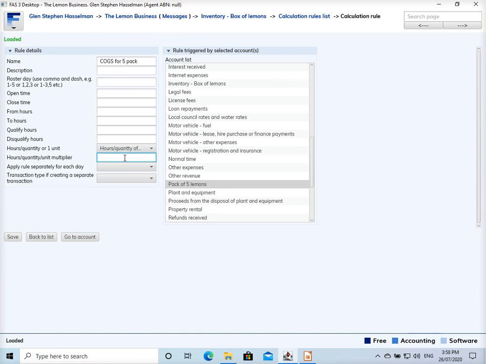So one pack of 5 lemons, I don't know how many would be in a box, but I'm going to say there's 10 per box, right? So our multiplier is 0.1. Okay, so a box can get divided into 10 5-packs,